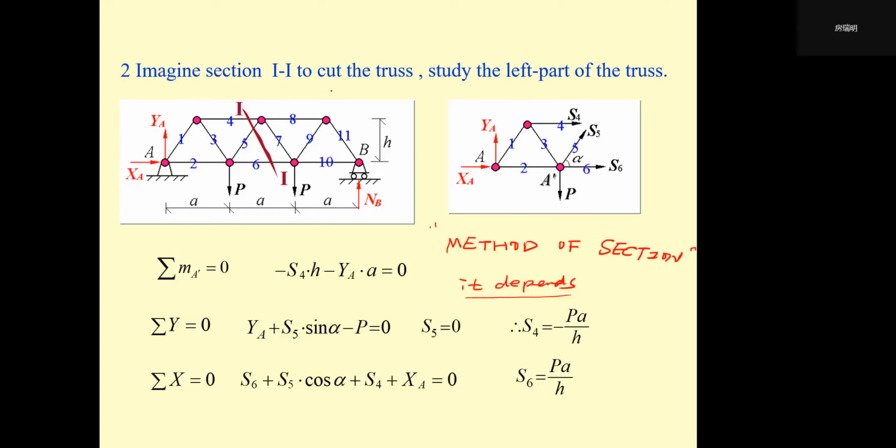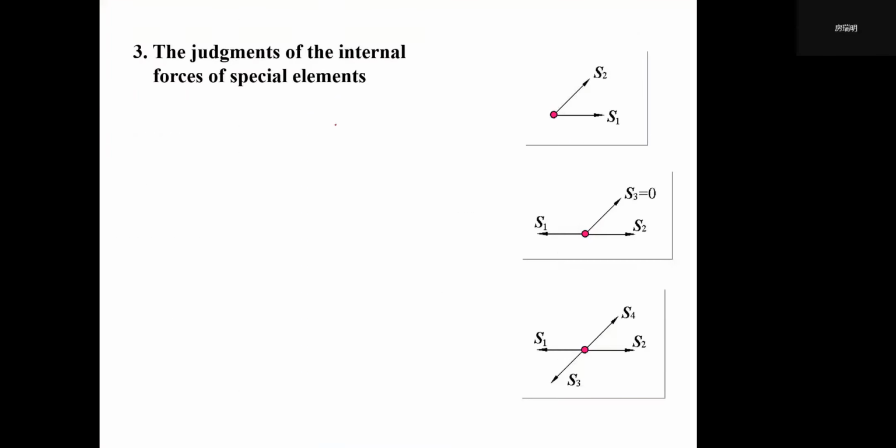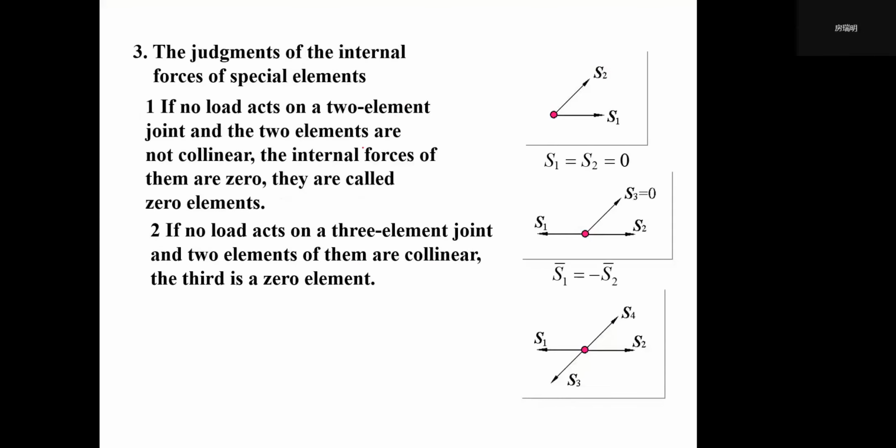That's how, for a truss, we find some members' internal forces. We have two methods to select, just according to the real situation. Maybe we should use the method of joint, maybe we should use the method of section. So I think just to finish up this section, after we finish this, we have